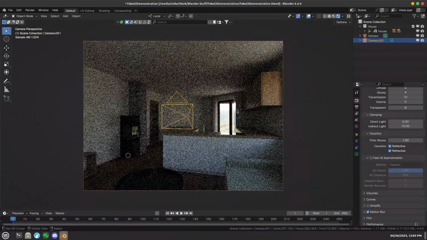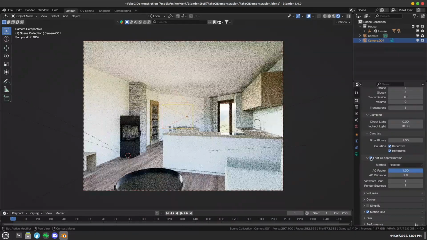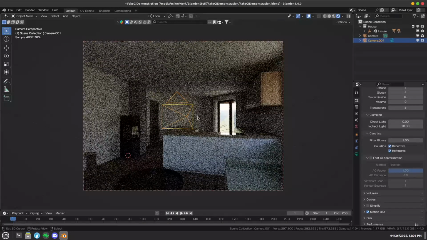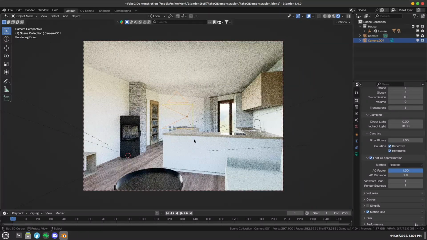Now if I switch back to combined view, you'll see, wow, that looks very bright because my skybox here is very bright. And so the solution to this is that we want to use that HDRI that we just rendered as the light source. Because what this option does is basically